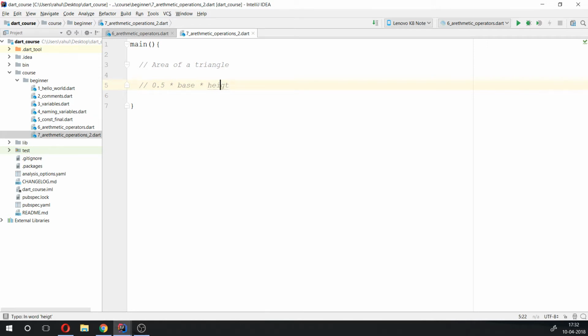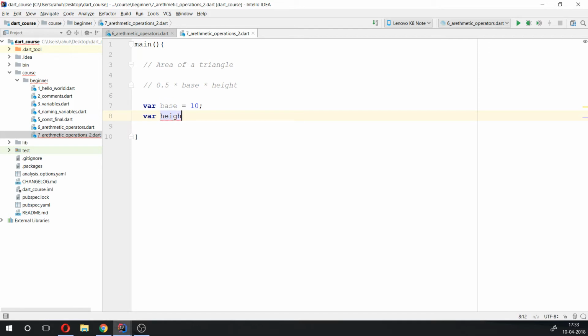Yep, that's the spelling. And then, as you see, we need two variables here. So let's go ahead and create two variables. var base is equal to, let's say, 10, and then var height is equal to 5. After you're done with that, you need another variable to compute the results of this series of operations. So I'm going to call this var area